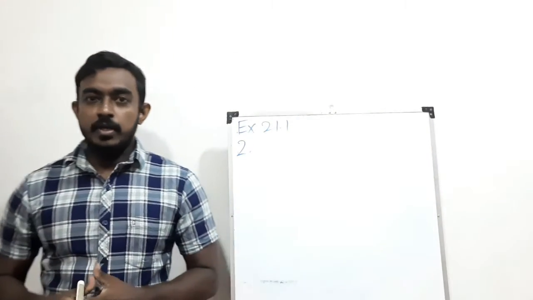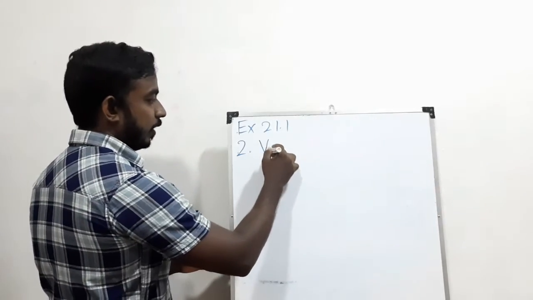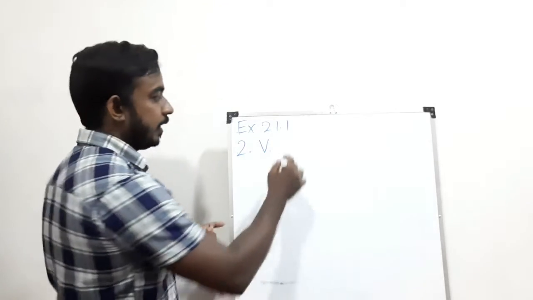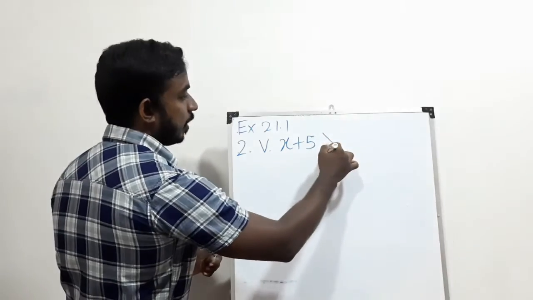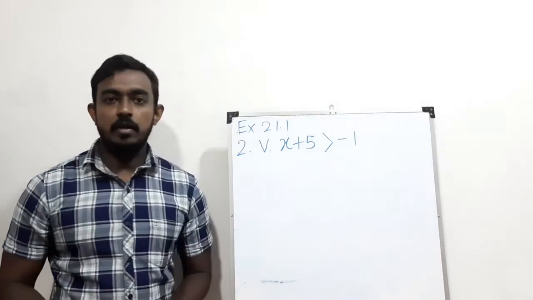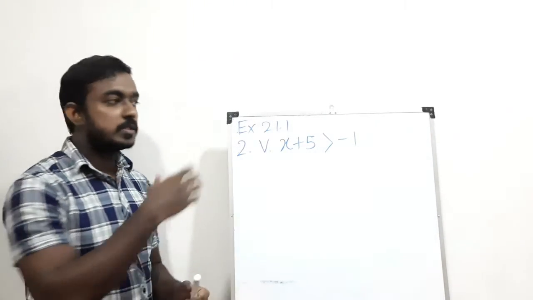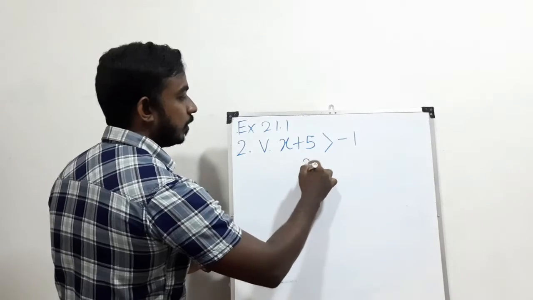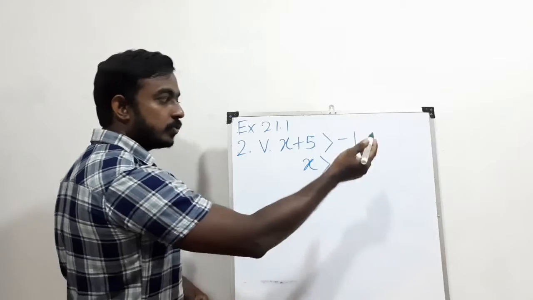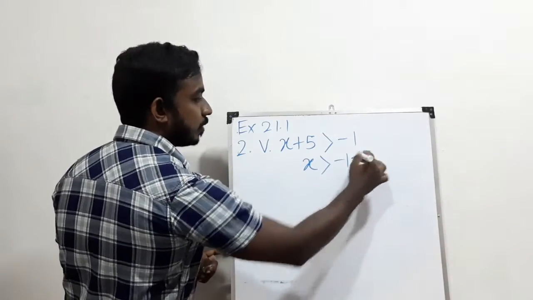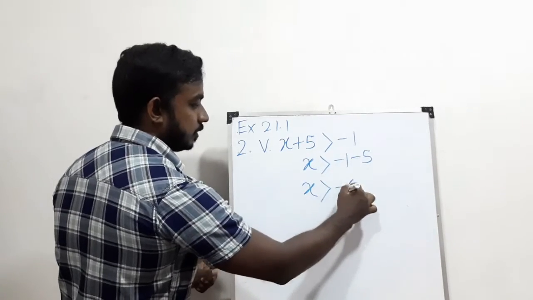Okay, let us do another question now. All of you come to question number 5. And there they say that x plus 5 is greater than minus 1. Greater than minus 1. So now you know how to solve this. We have to send this plus 5 to the other side. So it will be x is greater than minus 1. When plus 5 goes to the other side, you know that it is as minus 5. So therefore we can write x is greater than minus 6.